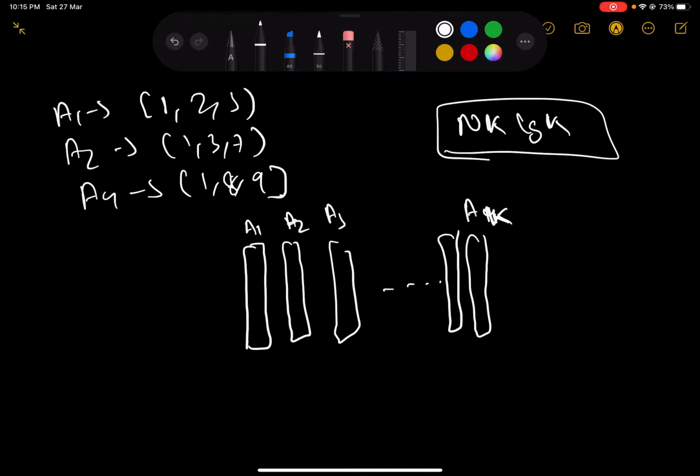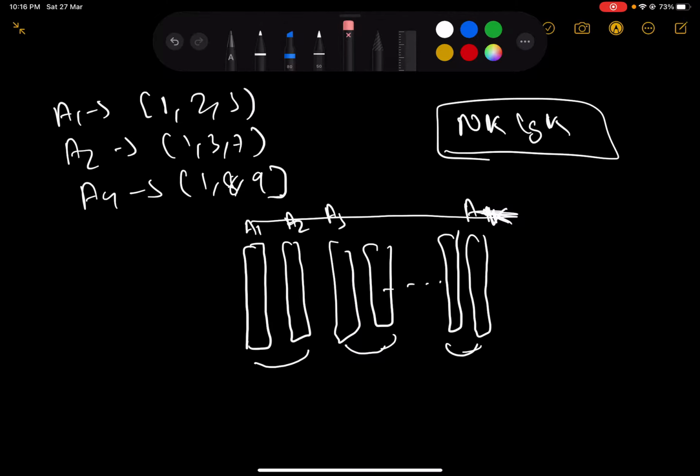Basically what you will do is, at each iteration you will pair up two arrays. We will pair each array with the adjacent array. If there is an odd array, the odd one out is left as it is, and it will be passed to the next iteration as it is. Initially, let's say there were k arrays in total, let's say 8 arrays in total. So I will try to explain this with an example of 8 arrays.